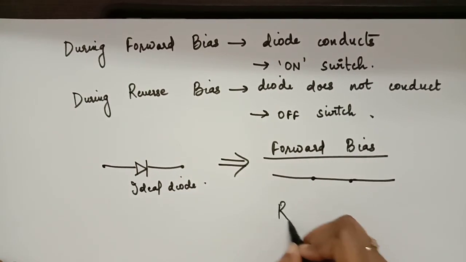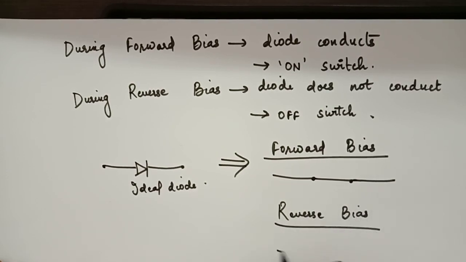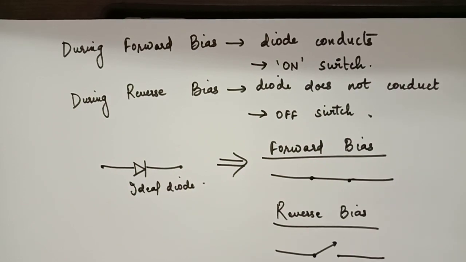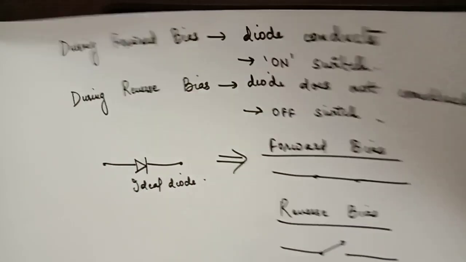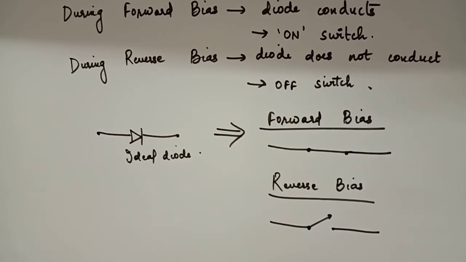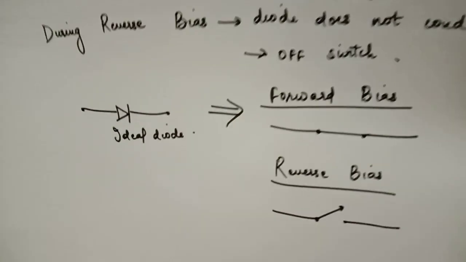And for reverse bias, it will be an off switch. That means current will be equal to zero, because they are not connected. It is an off switch or an open switch or an open circuit. So I hope it is clear to everybody how to draw the ideal characteristics or how to assume an ideal diode. Now let us discuss the next topic, that is